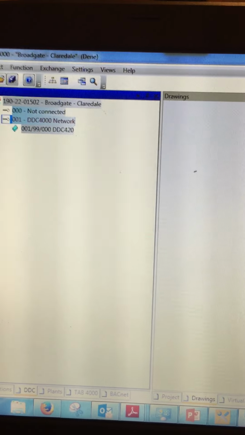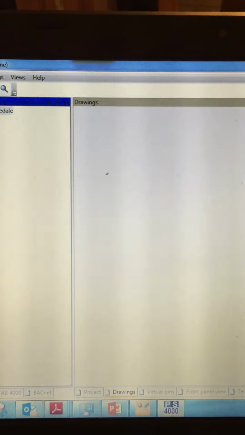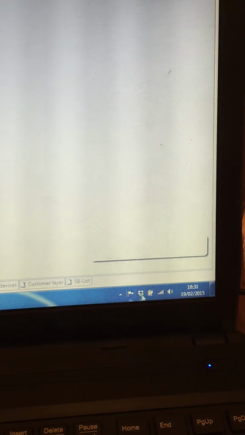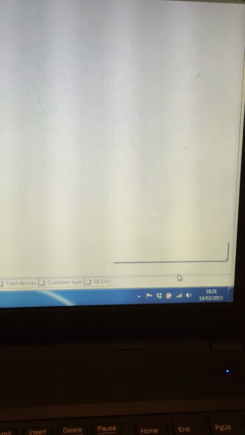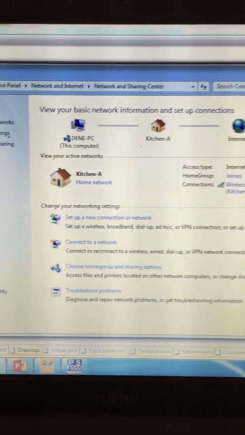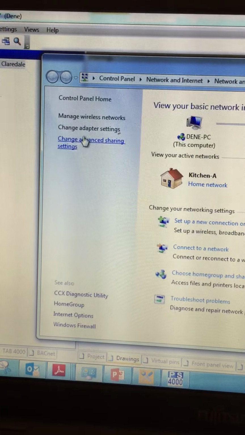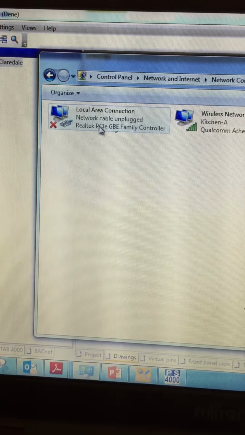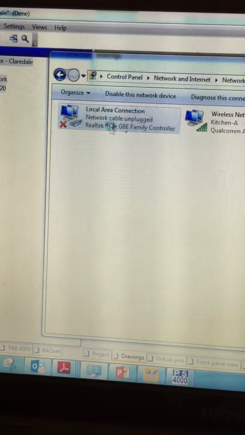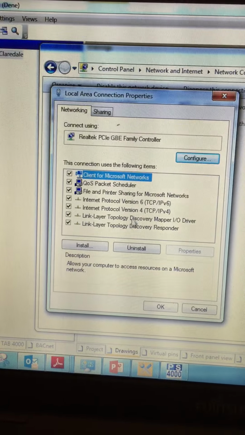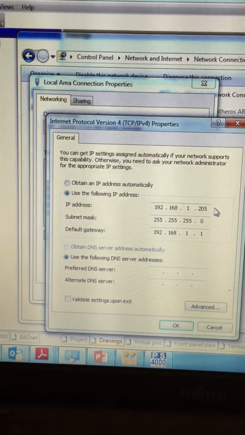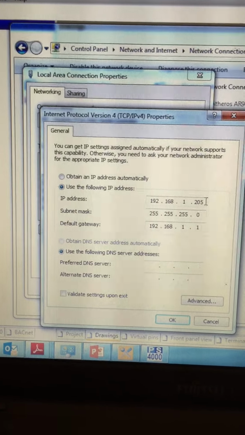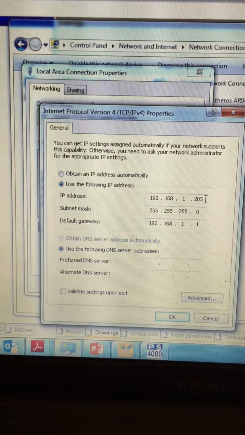I must also make sure my laptop IP address range also is compatible with the controller. And to do that, I can select Open the Network and Sharing Center, and I can go to Change Adapter Settings and go onto my local area connection. Just double click on there, and I can open up Internet Protocol version 4, and I can commission my IP address to be fixed. Anything other than 1.99,